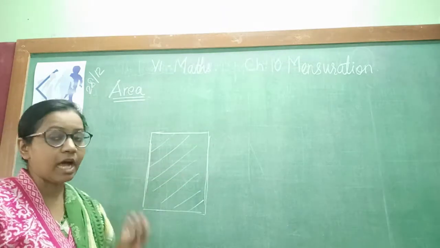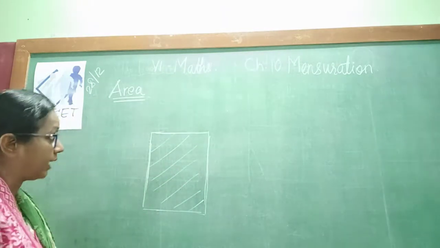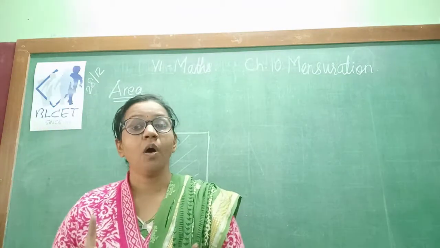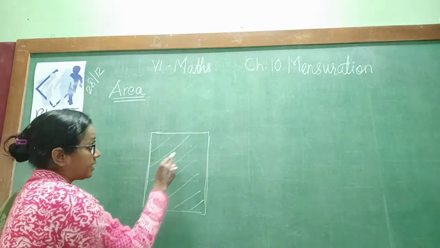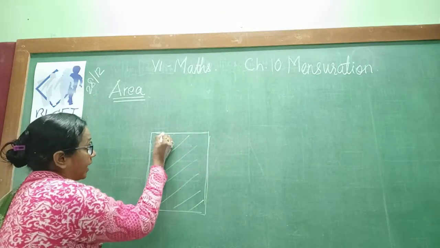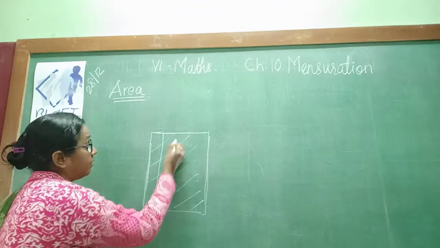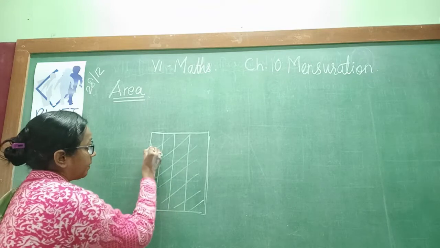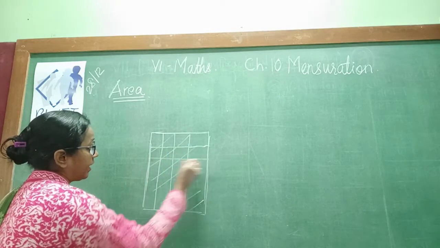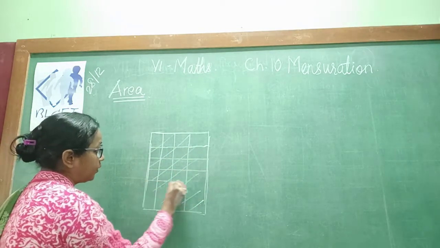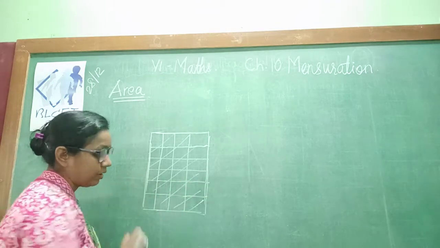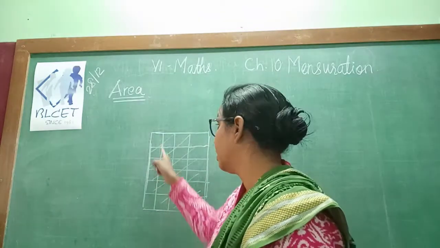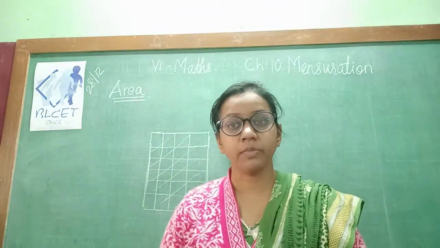Now what is this area? How will I find it? So we know that either we can measure the length and breadth, that is one way, or we can measure this area by dividing it into small segments. Again I am repeating, by dividing this area into small segments, I can do the measurement of area. Now the question is, what is the dimension of this small box?